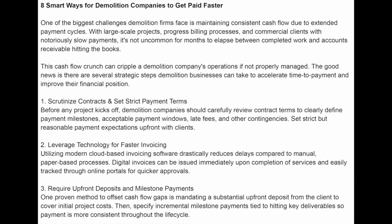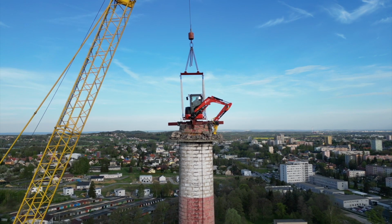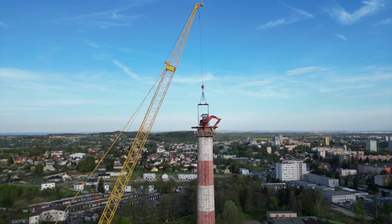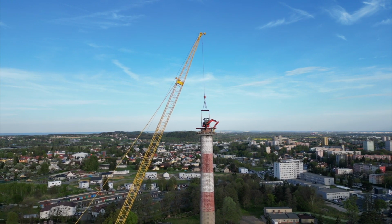Number three is require upfront deposits and milestone payments. We kind of hear this very interesting in the industry. Sometimes people are very dedicated to deposits, sometimes they're not. But you guys got to, in my opinion, make sure there's skin in the game on both sides where this is possible. And in certain cases, don't work with people or companies or deals where this is not possible,